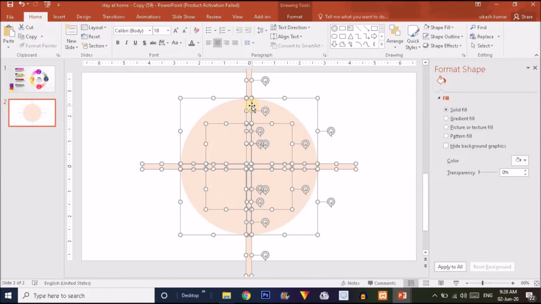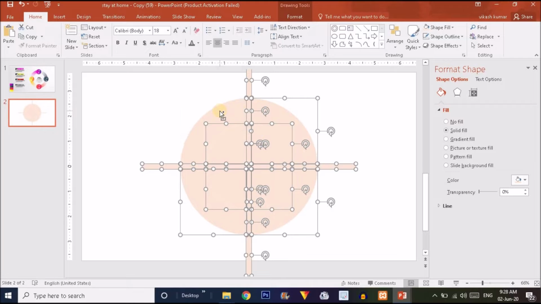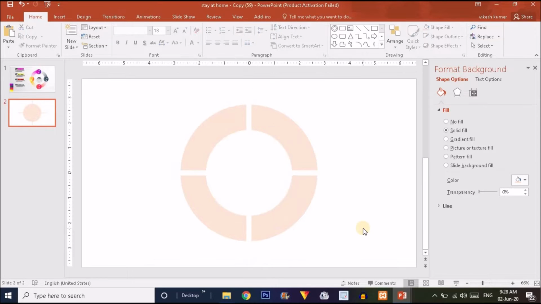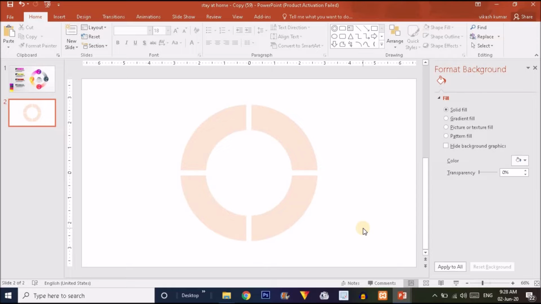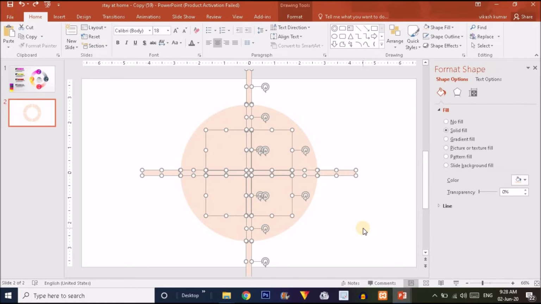Now again select all these shapes, and we want this shape, this shape, this shape and this shape. So by pressing Ctrl, I have unselected these shapes, and pressing delete to delete all the unwanted shapes from here. Let me show how I have done it. If you have any queries, I don't want any query to be left unanswered. So I'm just going to undo here.